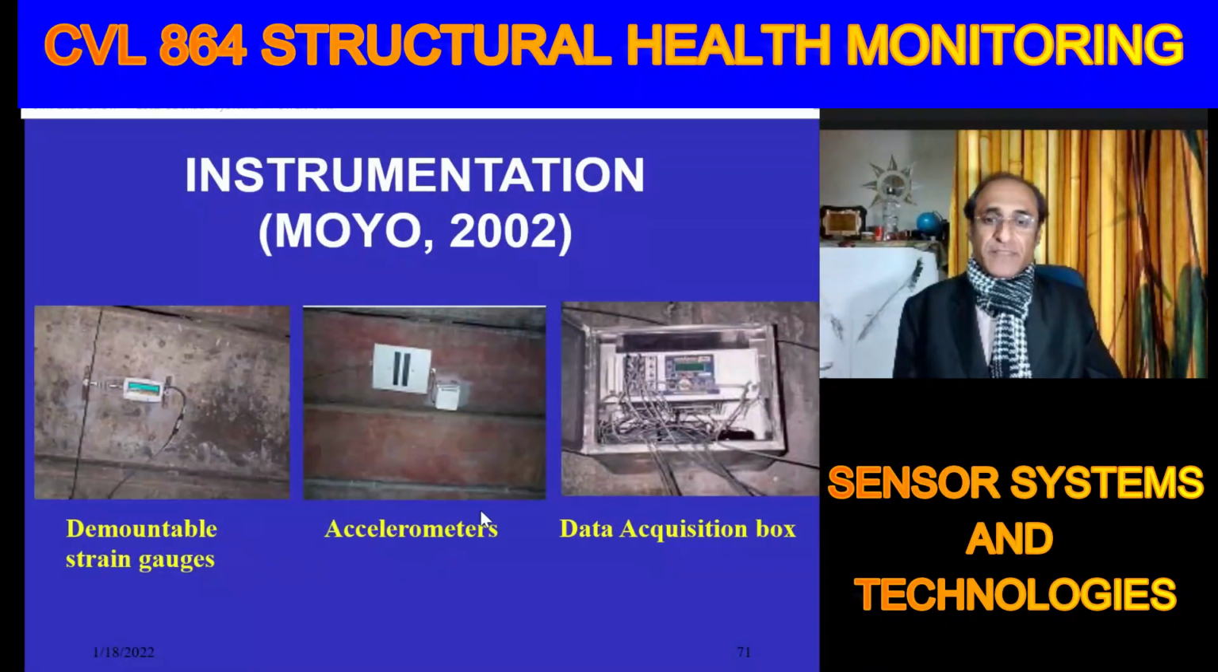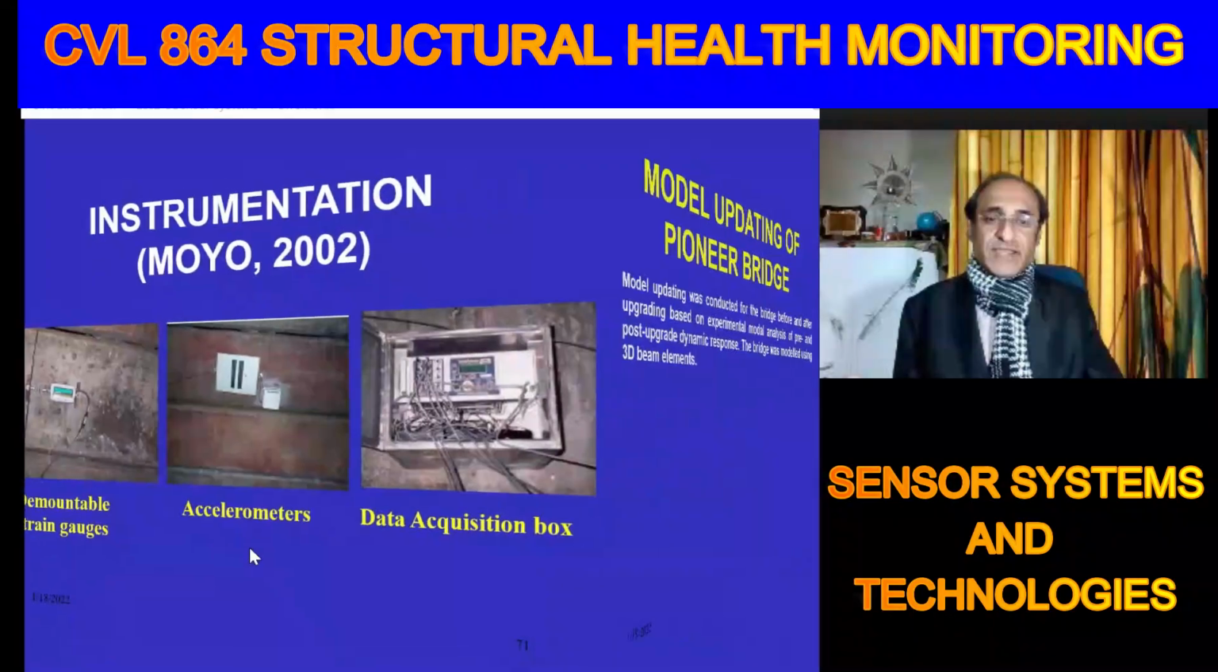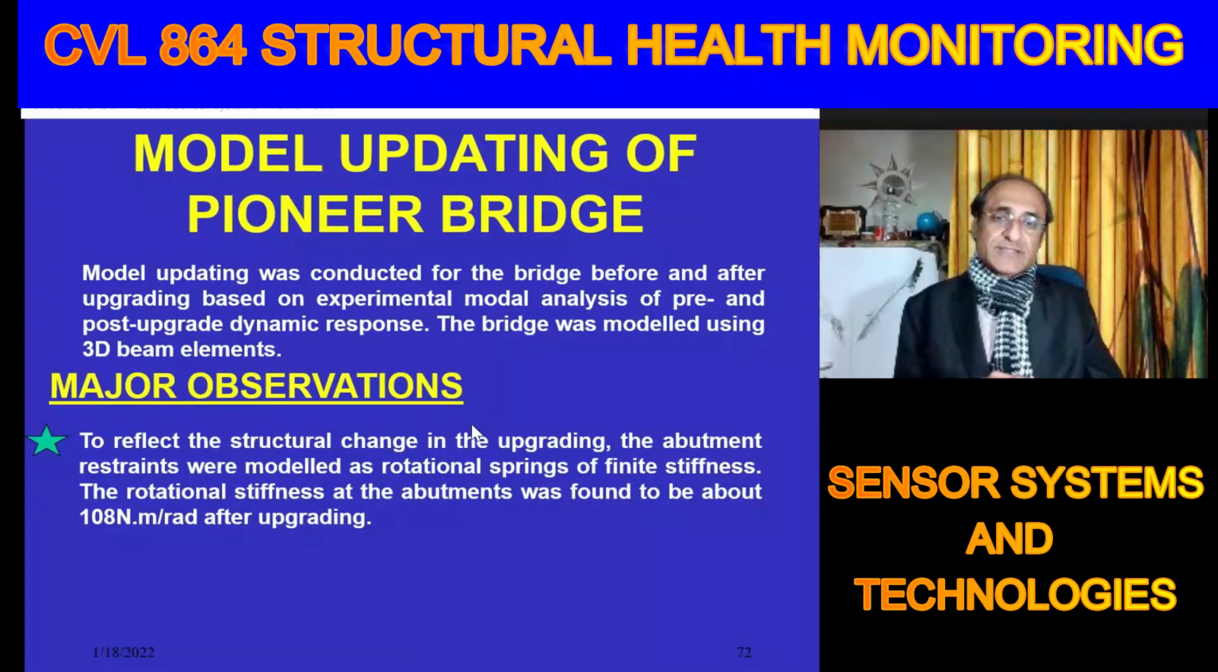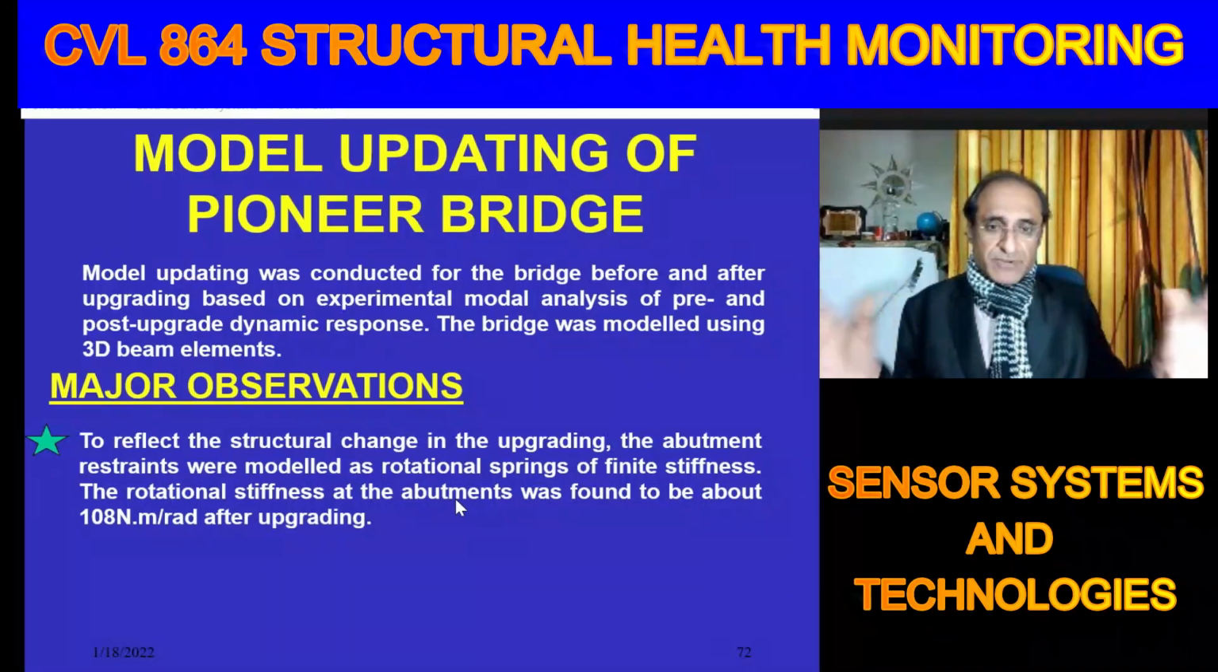So they installed accelerometers, and of course they installed some demountable strain gauges also, and from their measurements they made some observations which strengthened the belief that yes, retrofitting is successful. So basically they made a model of the bridge, and then based on the experimental measurements, they fine-tuned the model, and their observation was that there was definitely a change, because they had modeled the ends like springs,